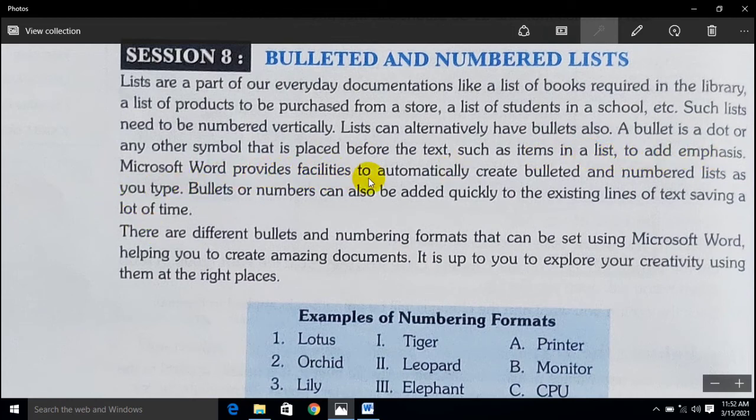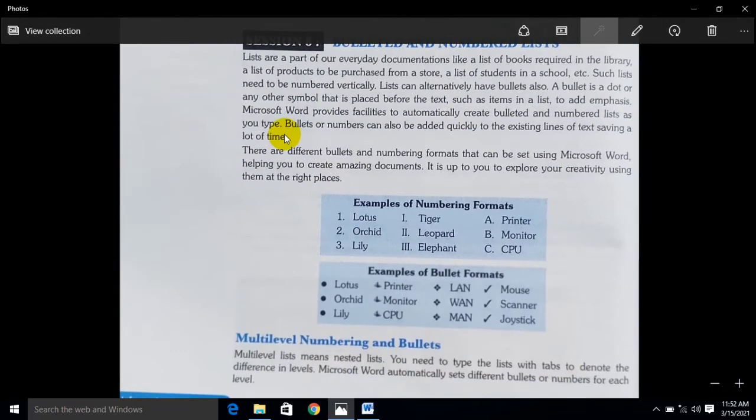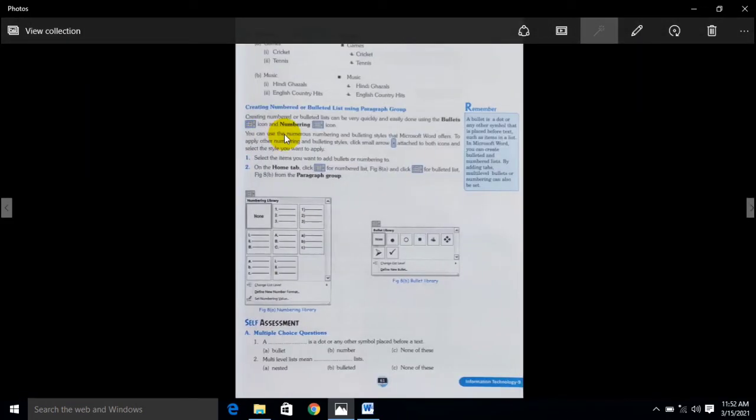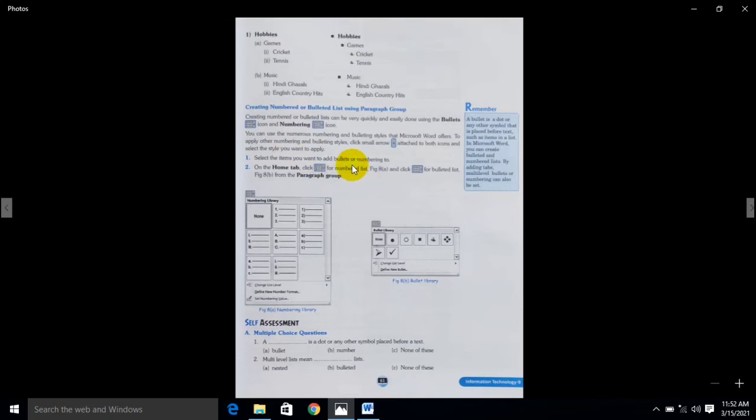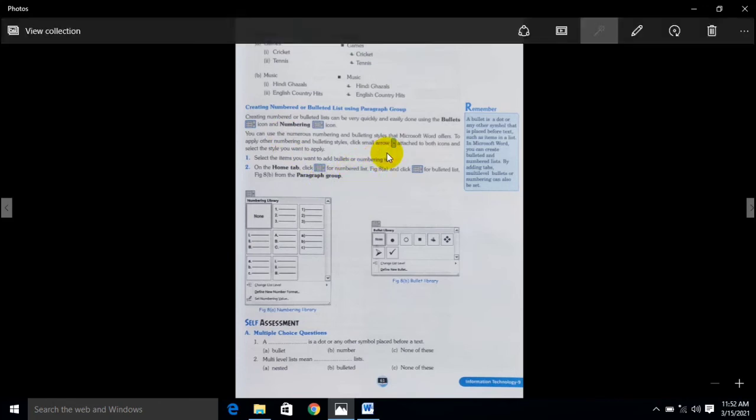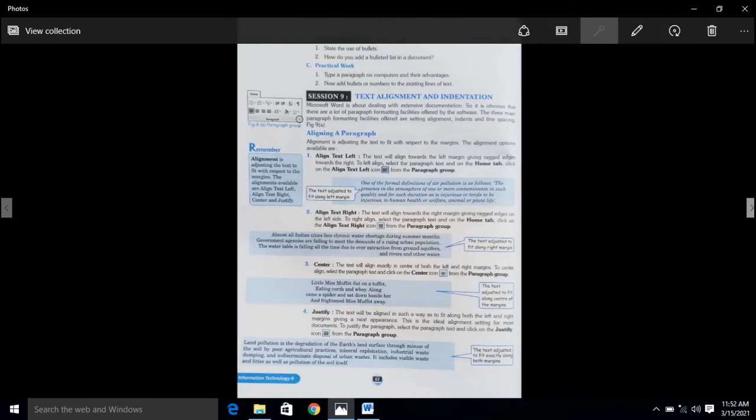And Microsoft Word automatically provides the option to create a bullet or number list as you type. Here are the steps to assign bullets or numbers. So this is our right answer, as we have learned already.